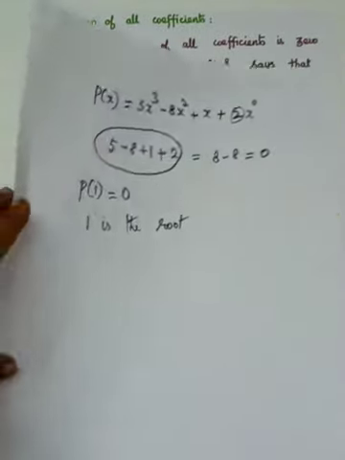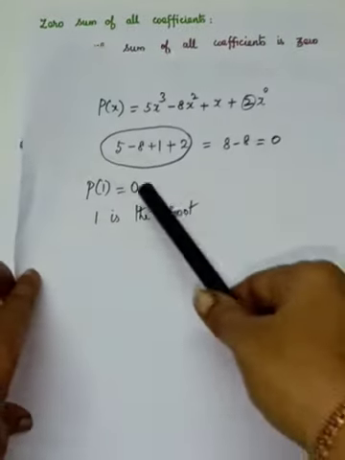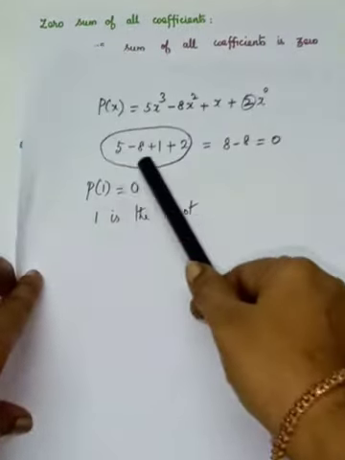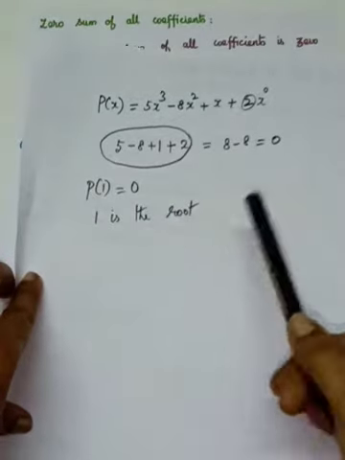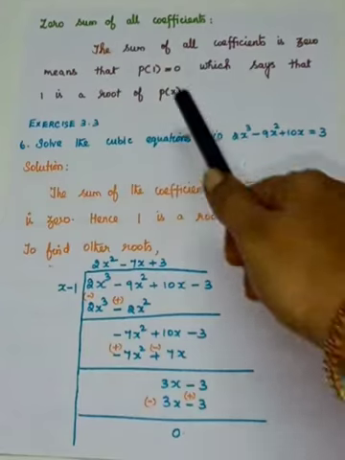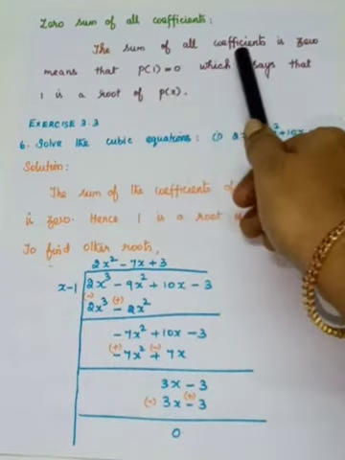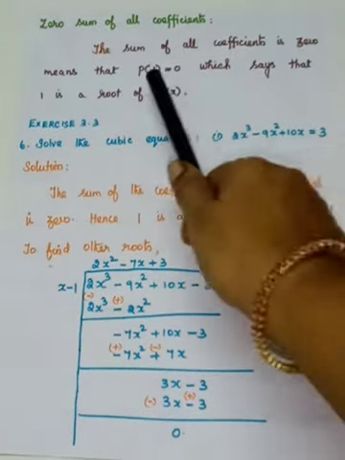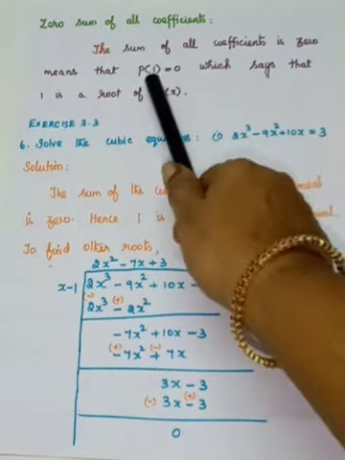See here, what are we getting? Sum of all the coefficients of the polynomial equation is 0 means 1 is the root of the polynomial equation. That only is given. The sum of all the coefficients is 0 means that P of 1 is equal to 0, which says that 1 is the root of the polynomial equation. So using this result, we are going to do exercise